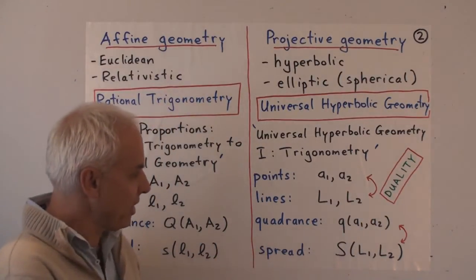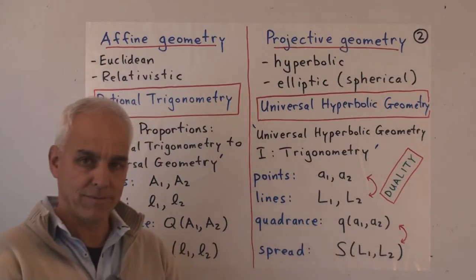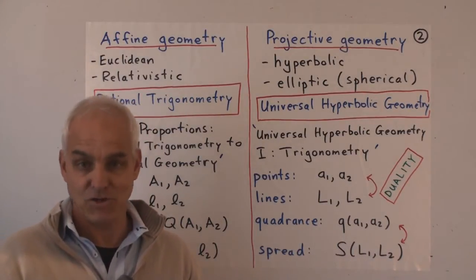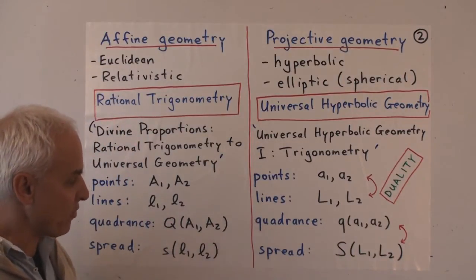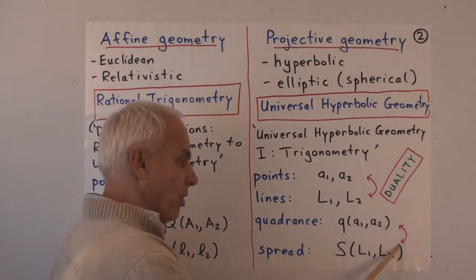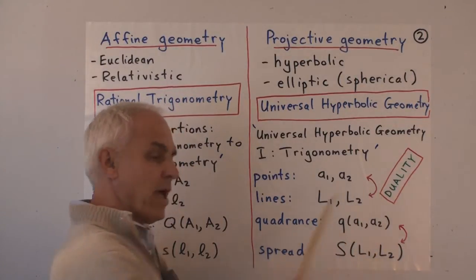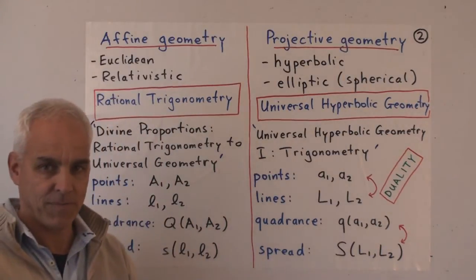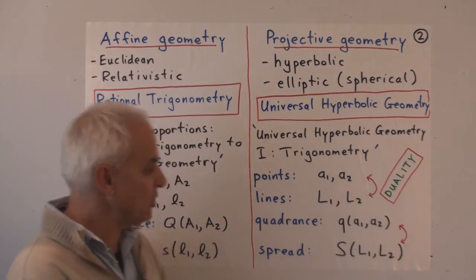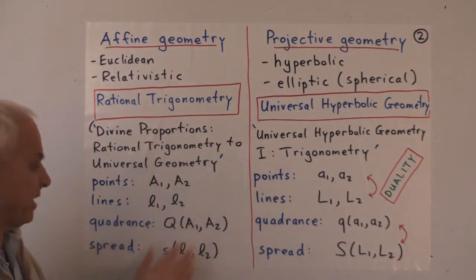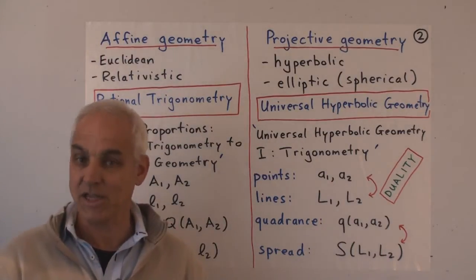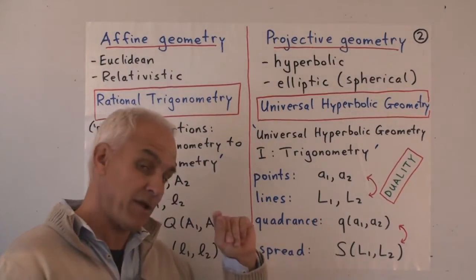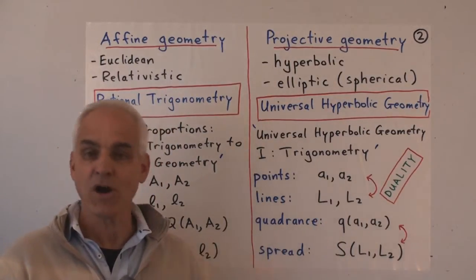In hyperbolic geometry, points and lines are dual, as we've seen. That's a duality that goes back to Apollonius. And we're going to see that the fundamental measurements of quadrance and spread are also dual, a duality that reflects the duality between points and lines. This is a very interesting feature of the trigonometry over here, which is completely missing over here. Whether you work with distance and angle or quadrance and spread in the Euclidean setting, they're quite different kinds of objects and they behave very differently. But in the hyperbolic setting, quadrance and spread are completely dual.